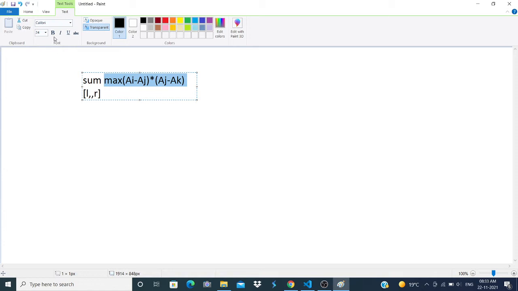An important thing to be noticed here is that if you want to maximize this thing, (ai minus aj) into (aj minus ak), and it's also given that the array is sorted, then either we should choose the indexes which are increasing, or we should choose the indexes which are continuously decreasing.